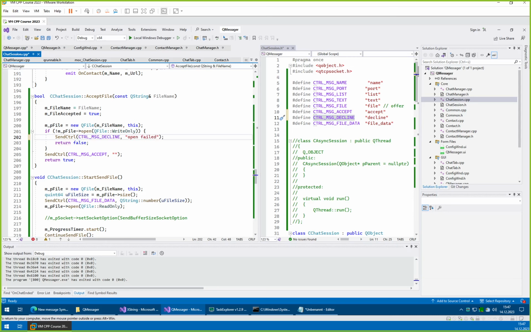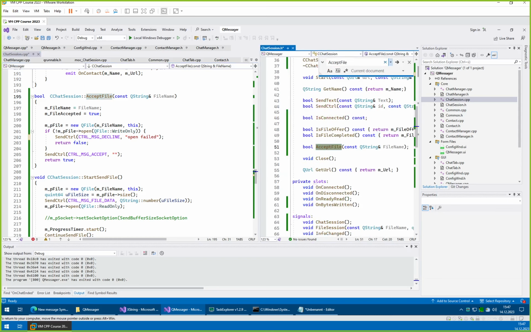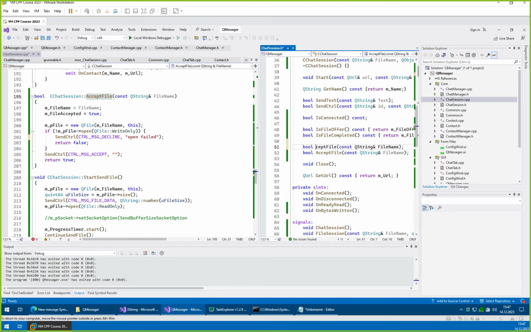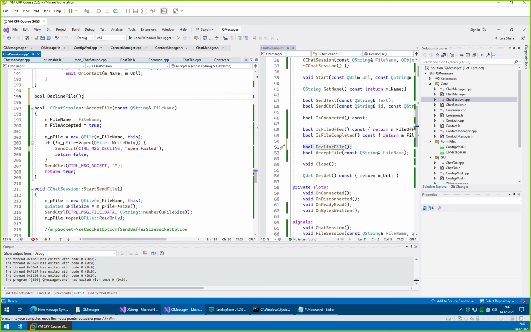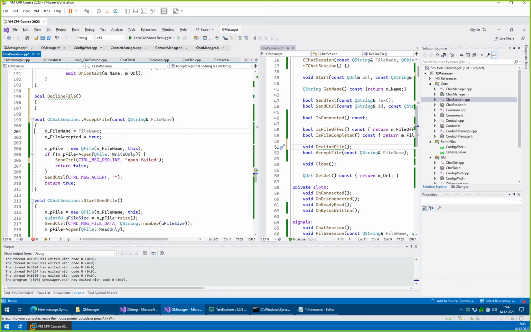So open failed, and this of course means we need to add a function decline file, which will then send a decline without a comment. Decline file. File name is not needed in this case. We could be very unprofessional and just say that accepting a file with an empty file name means declining a file, but this is really bad practice,